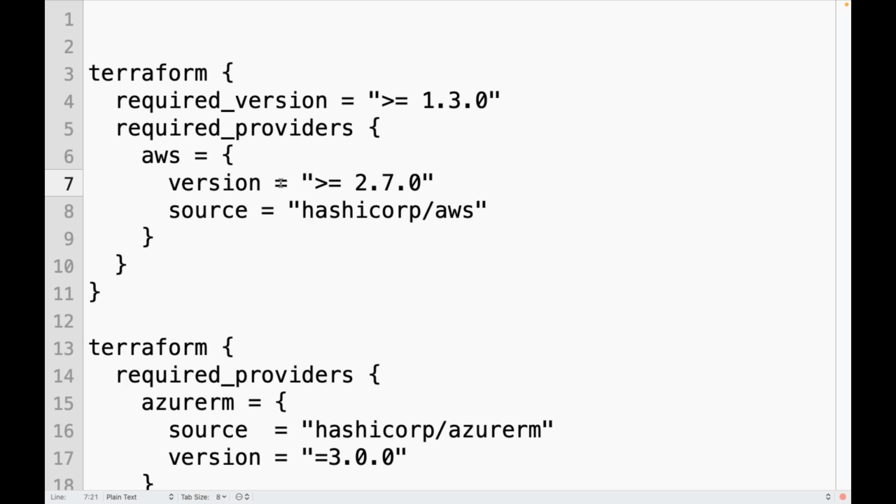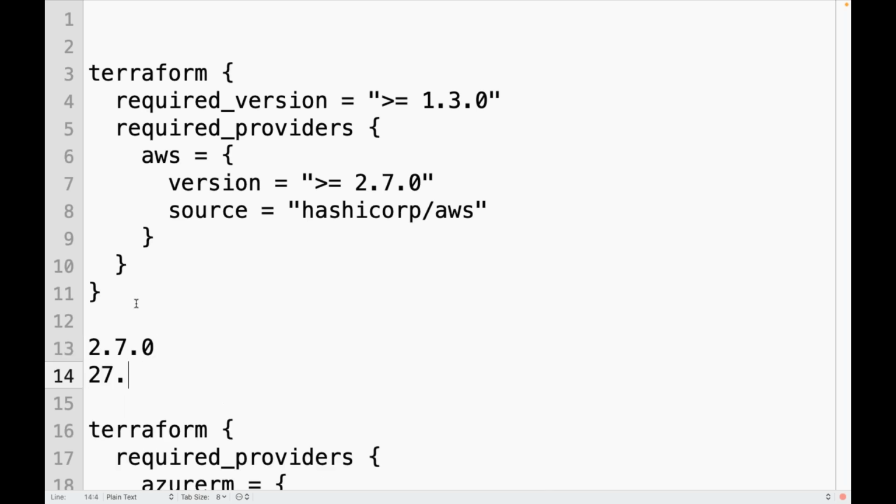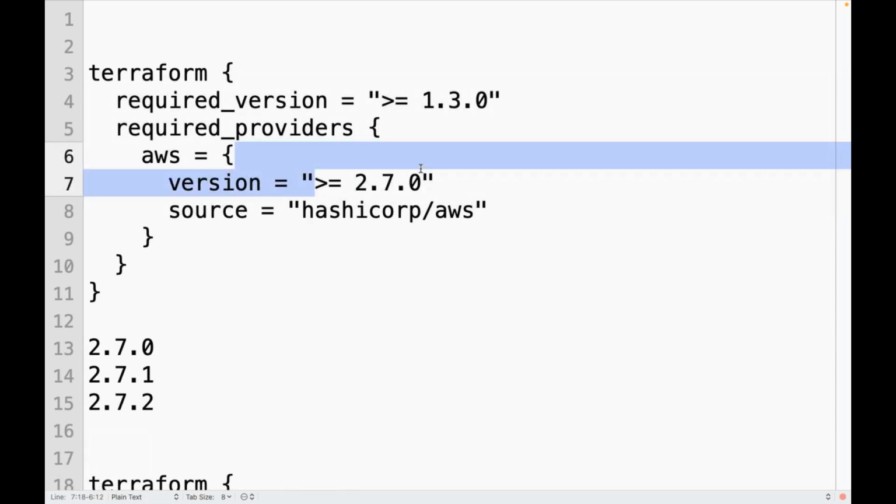Now, if I am giving like this, is this condition also satisfied, whether it's a 7.0 or a 7.0.1, also fine for me, whether it's a 2.7.2, also fine for me, greater than or equals to this version. I hope you can understand what you mean by greater than, what you mean by equals.